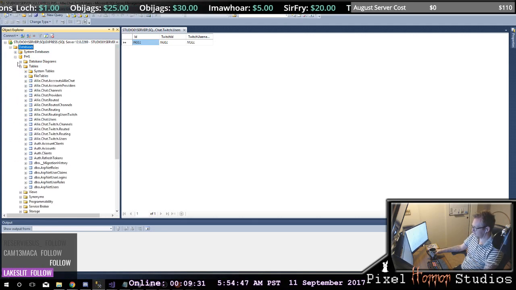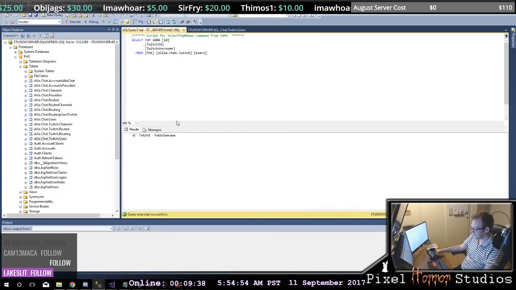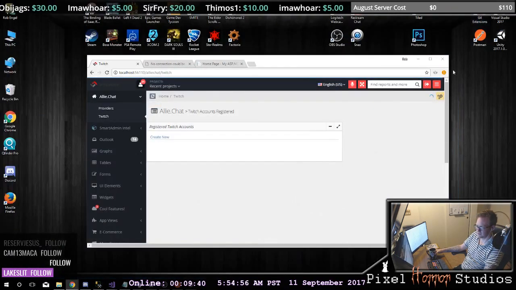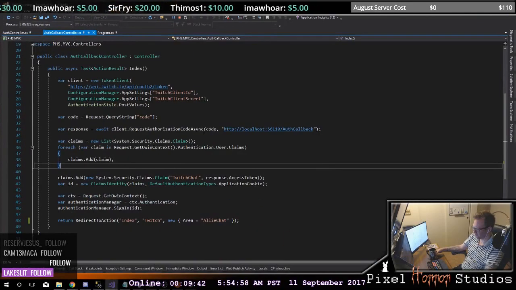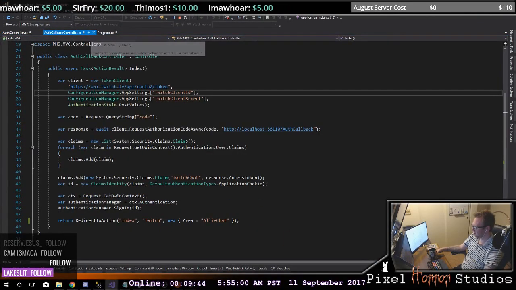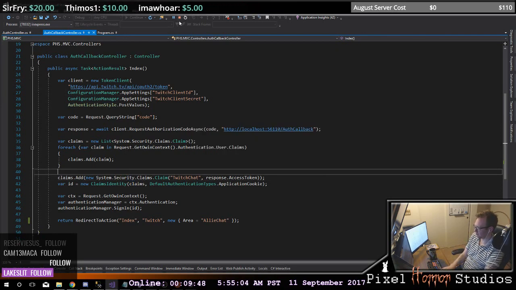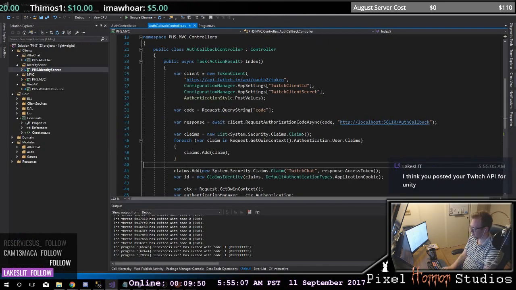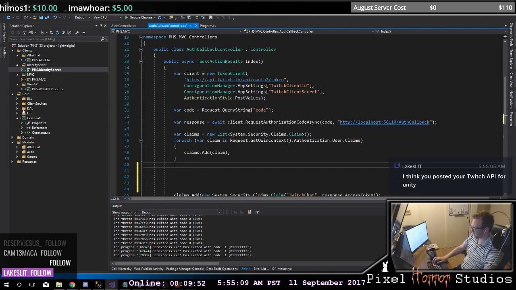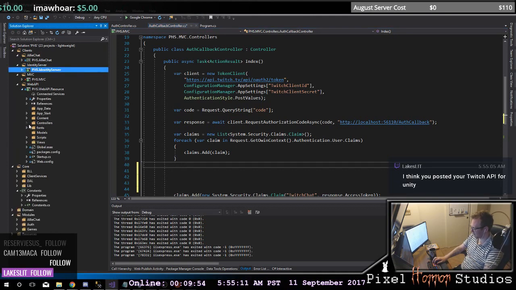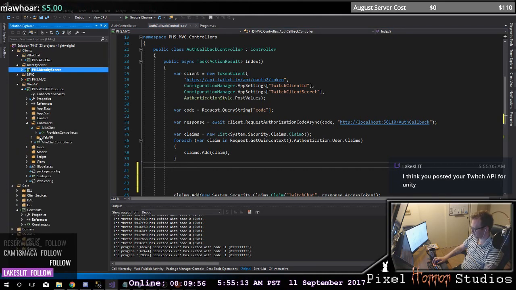If I look here at tables and I look at my users Twitch, we should see currently this, and we don't. So let's make sure that this guy's in here. When this auth callback is happening, this actually also needs to call over to my web API. So in my web API, I need to make sure I have a controller for Ali Chat